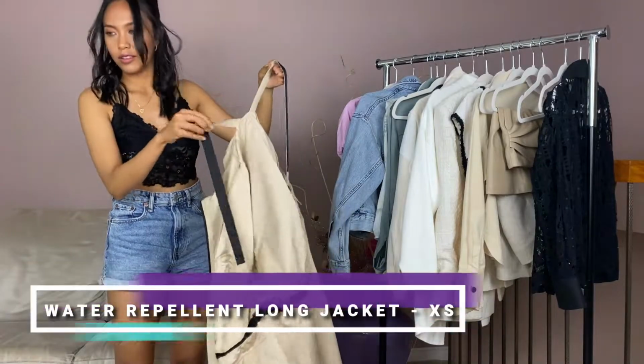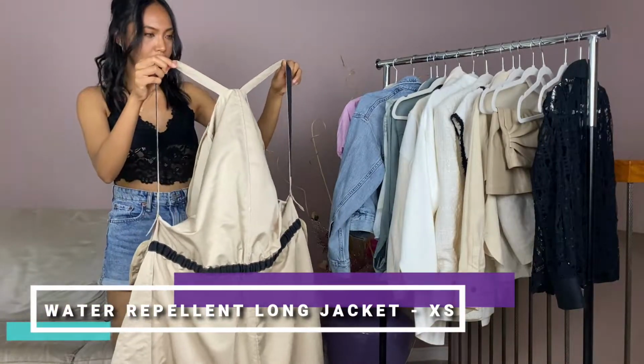Sometimes, in case you didn't know, if you're ever in a storm or when the rain is just pouring and it's extremely windy, you guys ever have that experience where the sides just kind of flap and you're kind of going like this to keep it on? So I'm guessing this is what it's for, to just keep your coat on. Of course, there's always the zipper